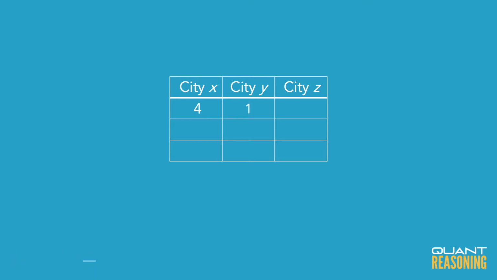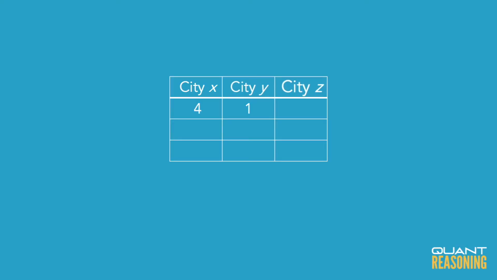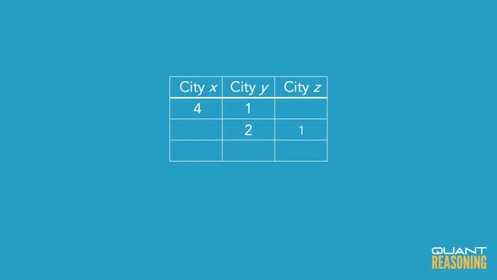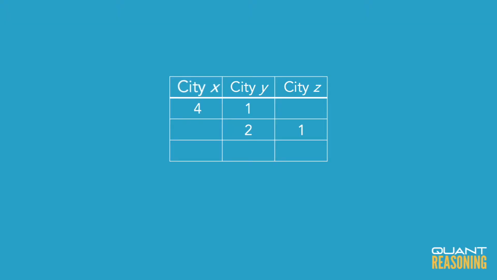Then we're told that y has twice the population of z. So I want to say that y to z is 2 to 1, but I already have one ratio unit for y. Now I'd like to have 2 ratio units for y. So what I would do is just expand my original ratio by a factor of 2. So now I'd say that x to y is 8 to 2,